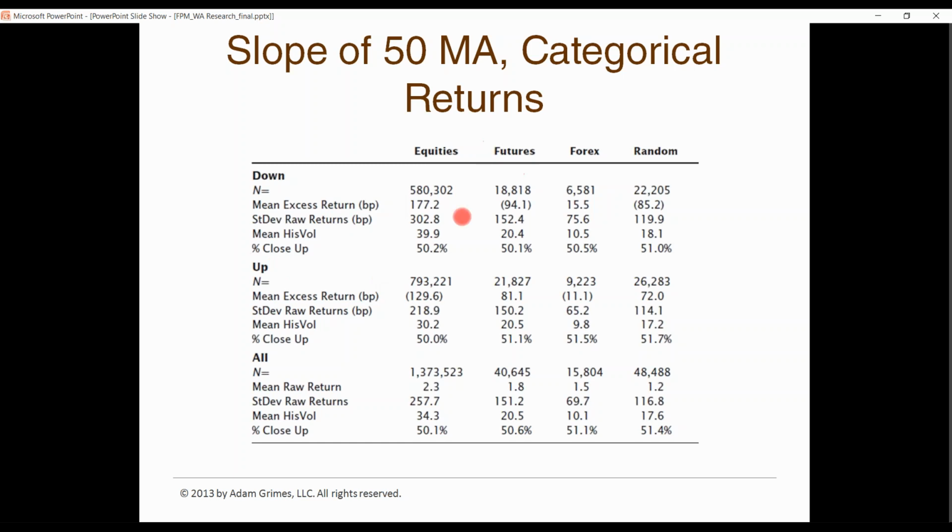If we jump over and look at futures, we see a very small but negative effect for a downtrend indicator and a very small but positive effect for the uptrend indicator, and currencies are pretty close to zero. Now, this is just one test. This is one of literally thousands of tests that I have run to understand